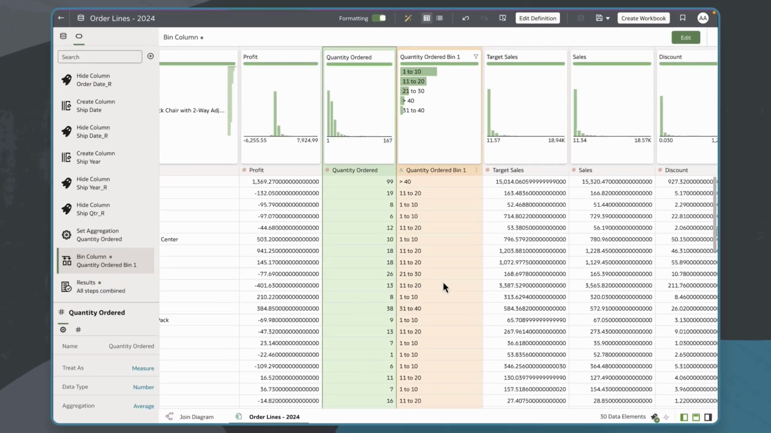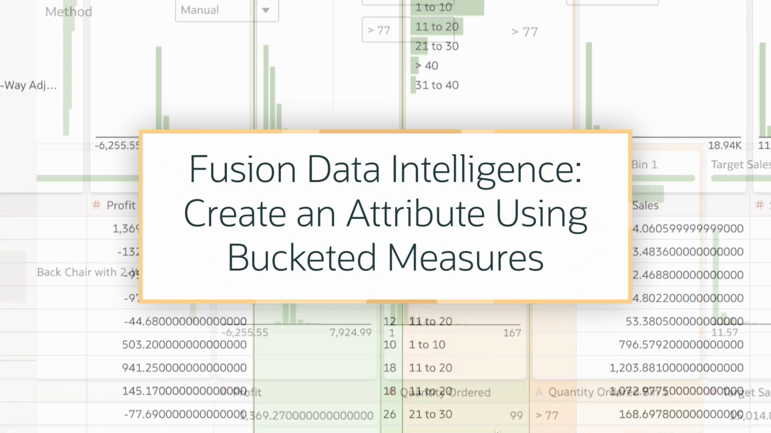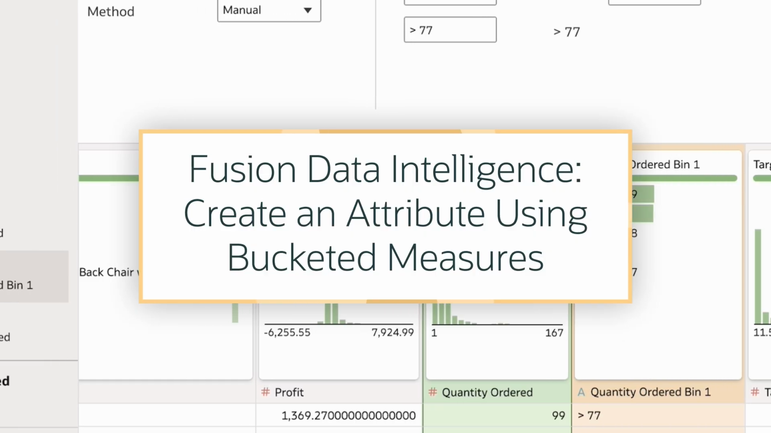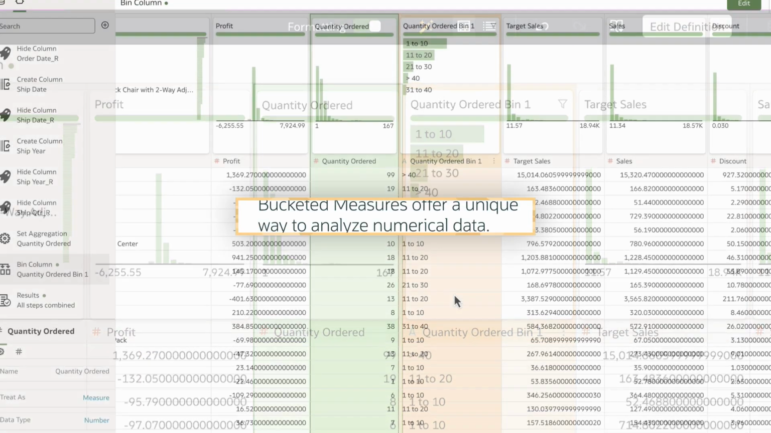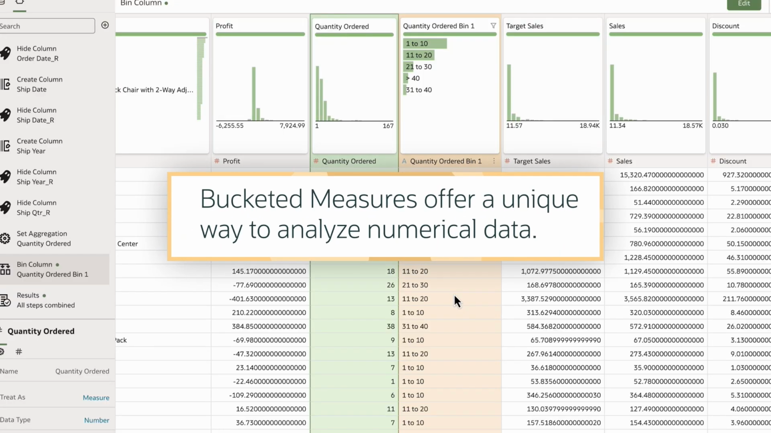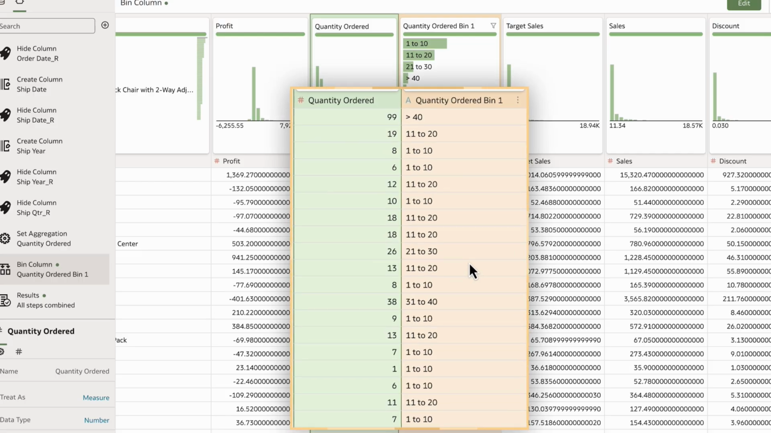In this tutorial, we'll learn how to create an attribute using bucketed measures, also known as binned measures in Oracle Fusion Data Intelligence or FDI. Bucketed measures offer a unique way to analyze numerical data. For example, if I want to categorize my orders by order size for a histogram, I can do so with